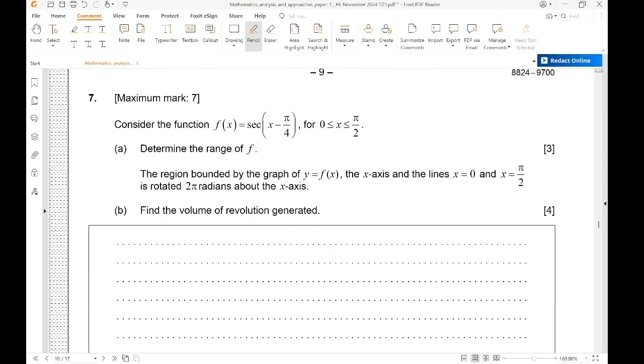Now let's move on to question number 7. So consider the function f of x is